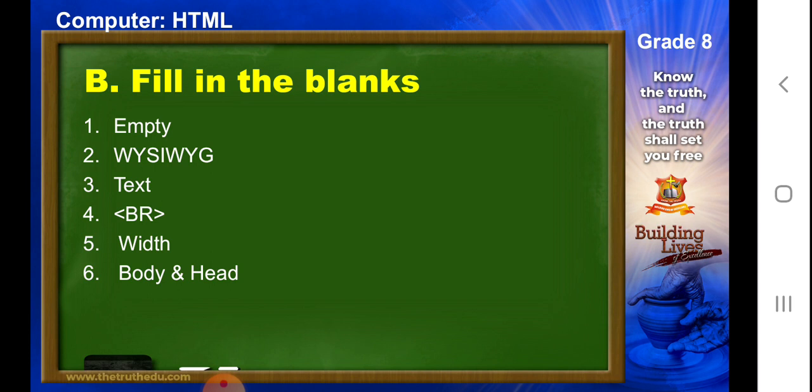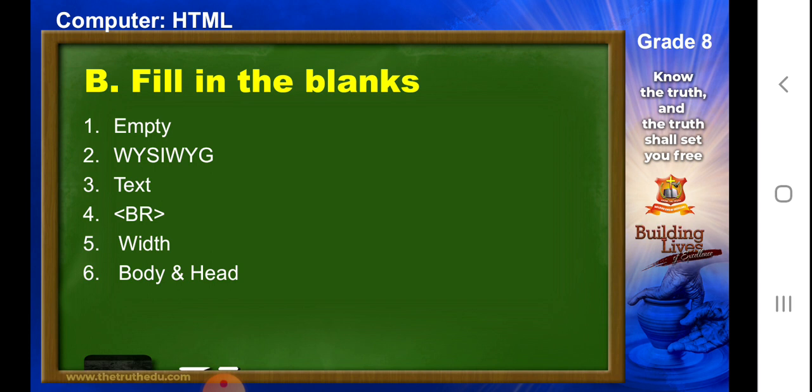Next is number 3. The dash attribute of the body tag is used to give color effect to the text of the web page. The answer is text. Next, the dash tag is used to break the lines. To break the line, we use the BR tag, which is angle bracket open, BR, and angle bracket close.